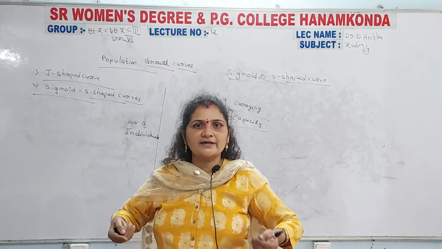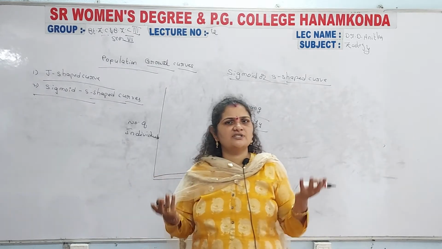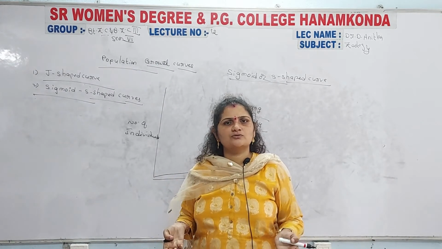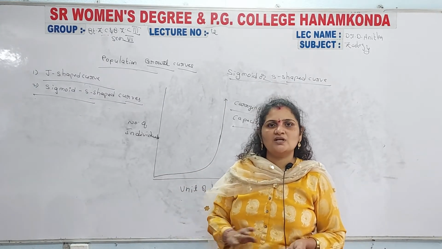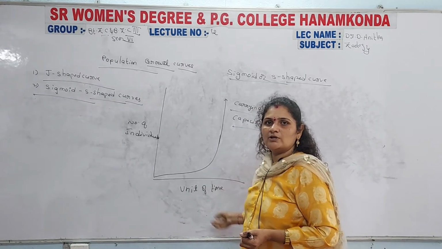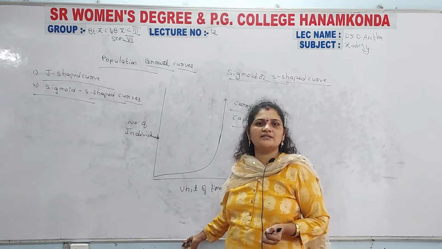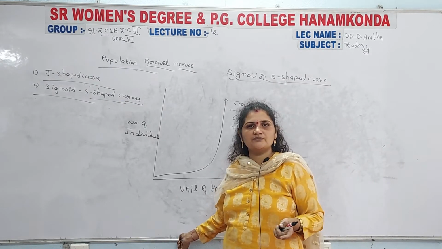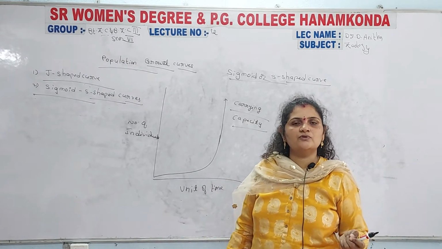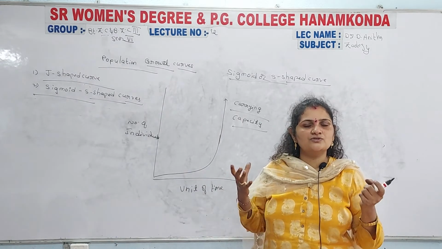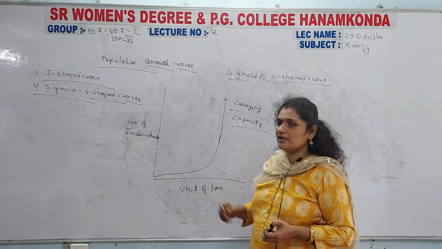So we are already at the carrying capacity stage, and the population is ready to collapse at any time. Why? Because of the scarcity of food material or other competition. That already happened in the time of corona. The ecosystem keeps a balance among all the organisms. If any problems occur in an ecosystem, the environment responds and immediately stabilizes the population again, maintaining it equally. So that is about the population growth curves.